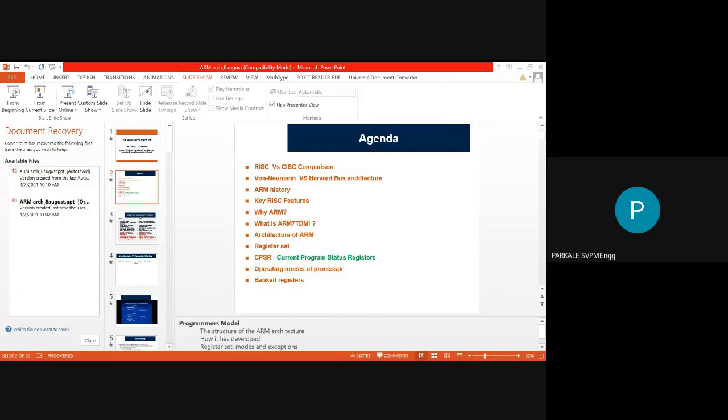Then we have to see the architecture of your ARM processor, some internal details such as the different register sets available for the ARM processor. Then some status registers like CPSR or SPSRs, called the current program status register or saved program status register, that are available for the ARM processor.